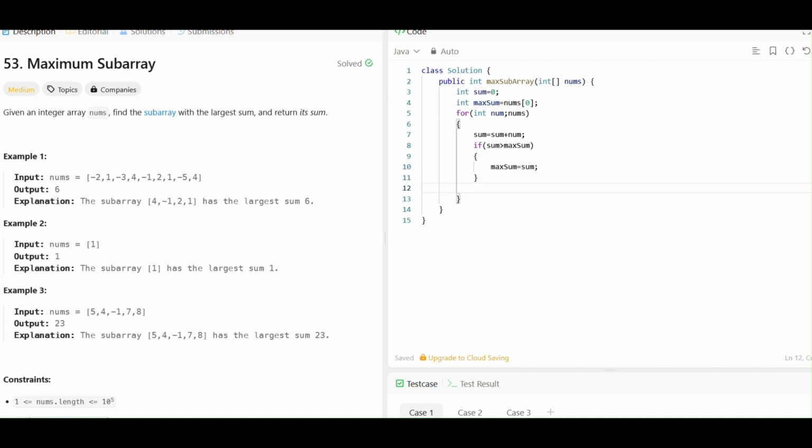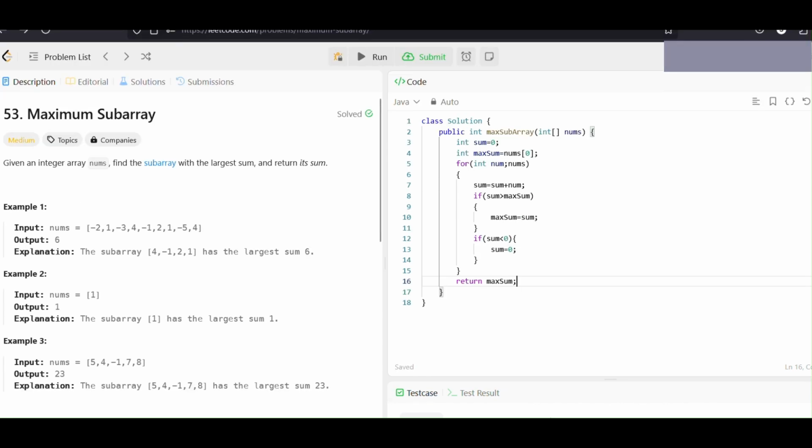Now, the other thing I have to take care of is to check if my sum value becomes smaller than 0, that is a negative number. If yes, we have to update it to 0 so that our sum doesn't go wrong. Here, I have completed the for loop, and now the only task remaining is to return the max.